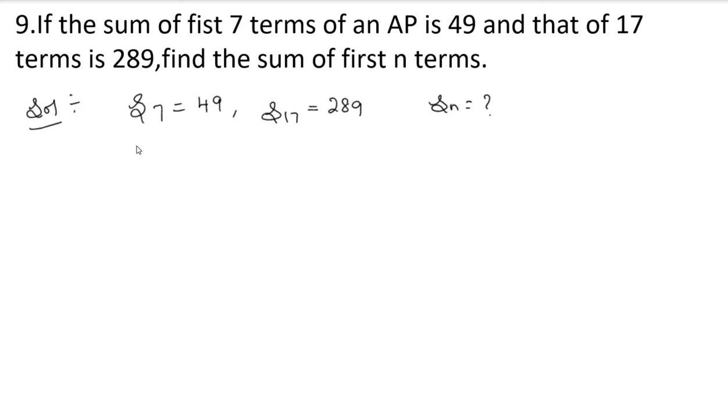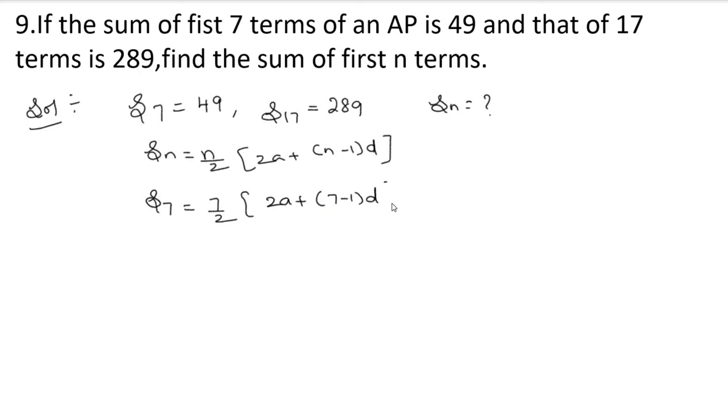First, let us write this. We know the formula Sn is equal to n by 2 into 2A plus n minus 1 into D. So I am going to use S7 is equal to 7 by 2 into 2A plus 7 minus 1 into D. Instead of S7 I can write 49, which is equal to 7 by 2 into 2A plus 6D. Okay, so I can write